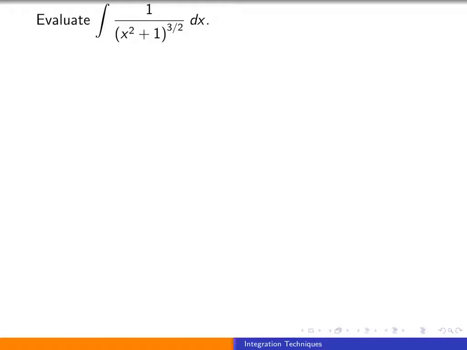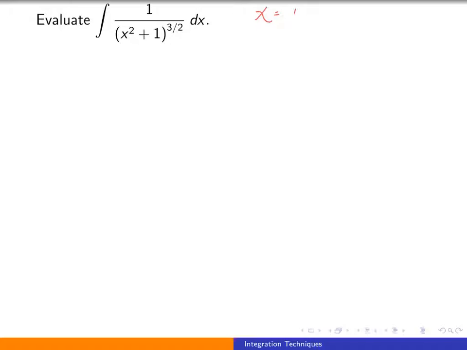In this example, we will evaluate the antiderivative of 1 over the quantity x squared plus 1 raised to the 3/2. Now, looking at the form of our integrand, this isn't something we could easily handle with integration by parts or substitution. But this quantity x squared plus 1 in the denominator is really indicating to us that a trig substitution might be appropriate. Because of the form x squared plus 1, the trig substitution that we would use